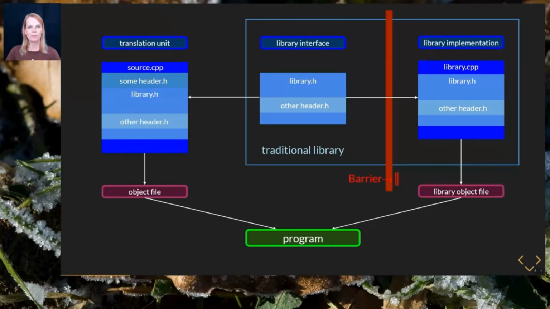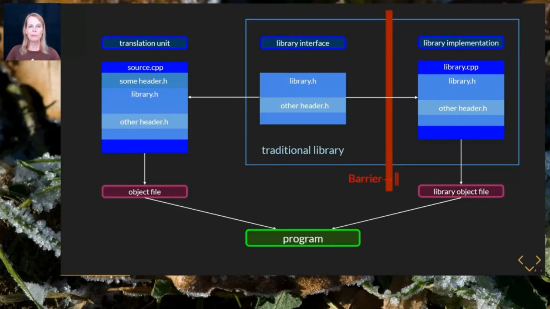This is not good. For technical reasons, the interface header might even need to contain implementation details of the library that are required to form the interface, but are actually not meant to be used outside of the library, for example template definitions or inline functions. In some cases, even all of the library implementation is included in the interface. The interface header is then textually inserted into the translation unit of the library implementation and also into the client translation unit that consumes the library.